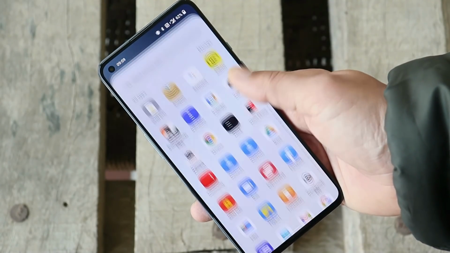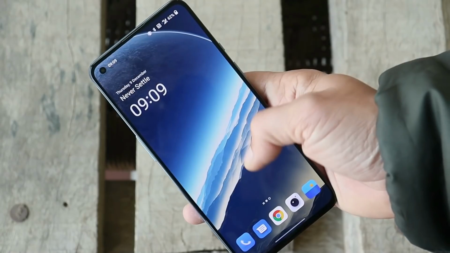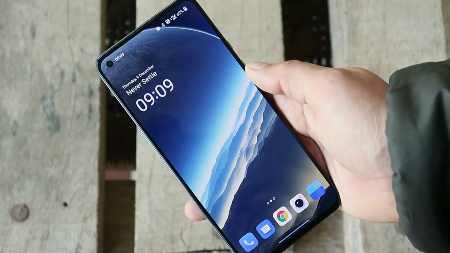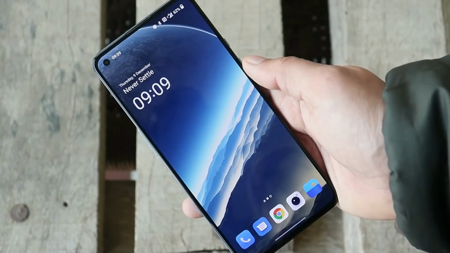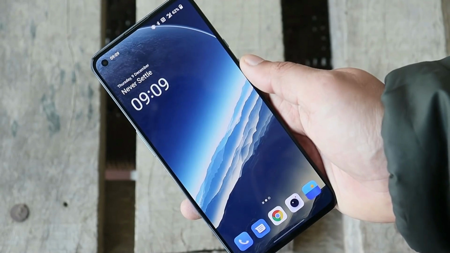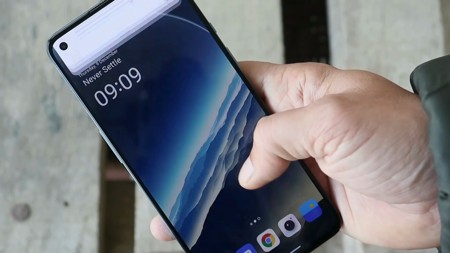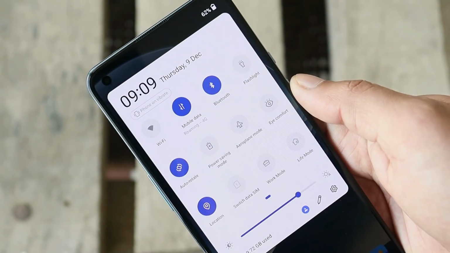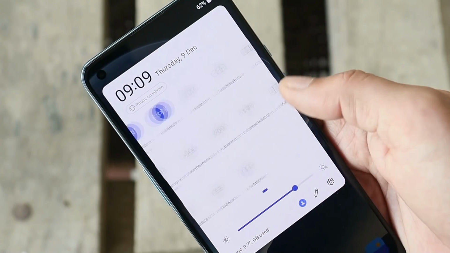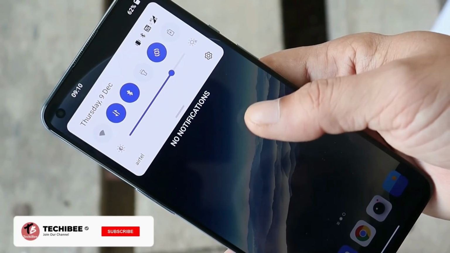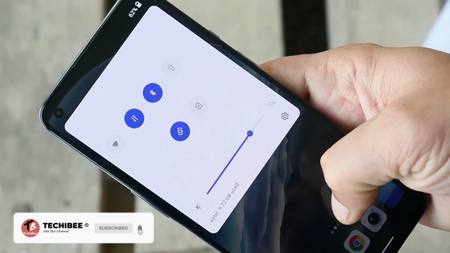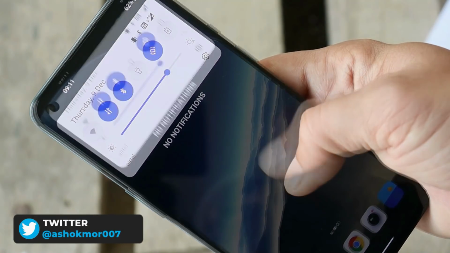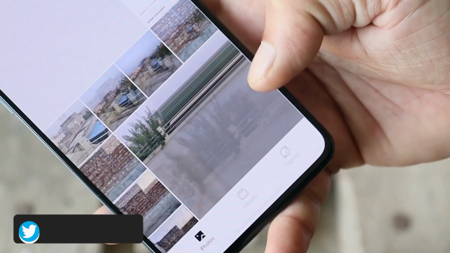And before even completing the review video, let me clear one thing guys. I have mixed feelings about Oxygen OS 12, whether it should be used as a daily driver or not. As said earlier, no issues related to performance, but yes, stability issues are there. Until now, I haven't faced any kind of major bugs which restrict me from using this device as a daily driver. Though there are some minor glitches here and there, if you are the one who cannot compromise on anything, then I would request you guys to wait for a few more updates. And if you have already updated your device to Oxygen OS 12 and are facing major issues, for once make sure to perform a factory reset from recovery. Before doing that, take a backup of your device. That should solve most of your issues.